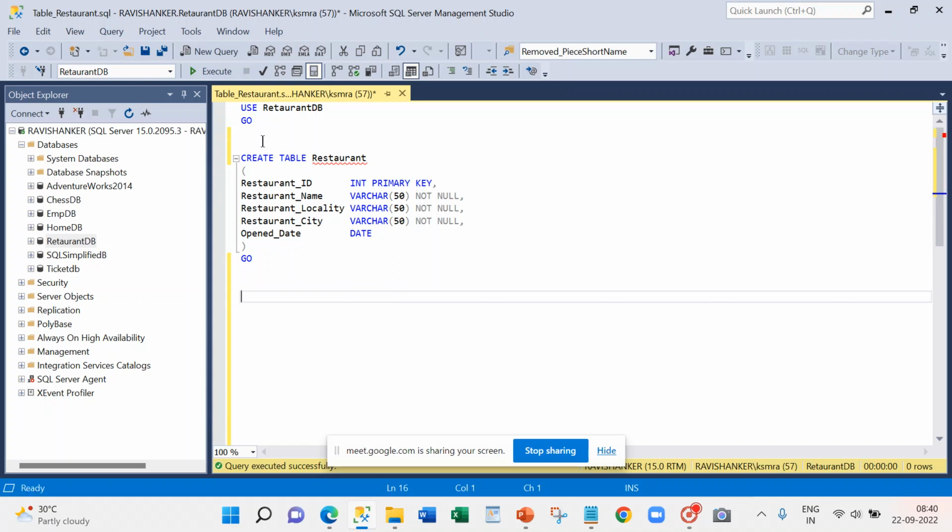Okay, so I'm going back, and this is the syntax for CREATE TABLE and the table name. Since I have already created this table, it is showing that the object already exists. Otherwise this will not throw this message. And I'm creating restaurant ID. For the naming convention, it is better to prefix with the table name, or you can simply create ID. You don't need to specify restaurant, but for my better understanding, I always create it like this. Then it is the name followed by the data type. It's an integer, and then primary key. So I'm saying to SQL Server that this